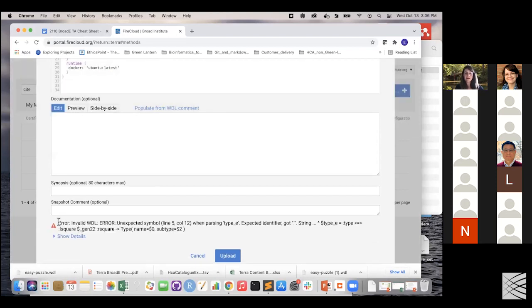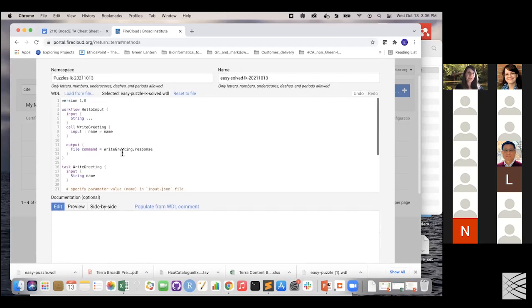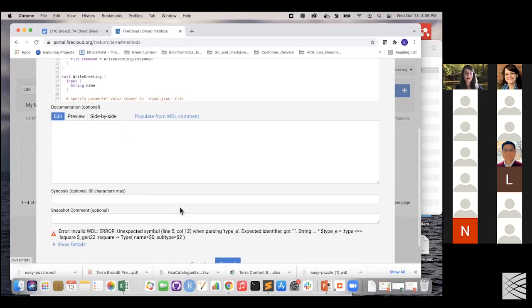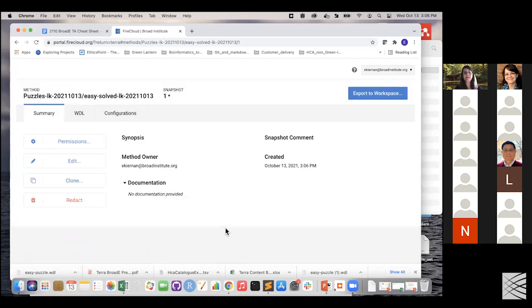You can see that I get an error message, and that's because when you upload to the BroadE methods repository, it runs a syntax checker called WOMtool in the background. So I'm going to change that back to the correct variable name and upload again. All right. So now I have my brand new workflow in the BroadE methods repository, and I can export that